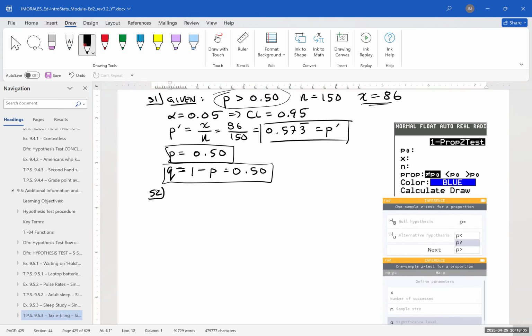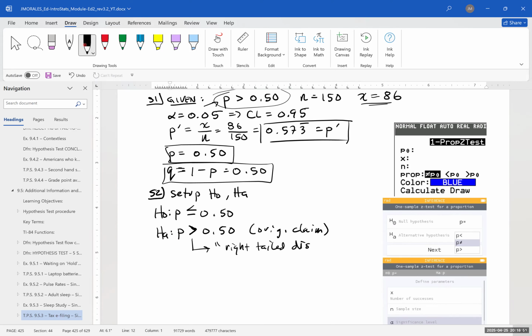So step two is to set up our null and alternate hypotheses. So we have our original claim of p greater than 0.50, and I forgot to write it above, so I'm going to make sure I don't forget to write it now. And what is the complement of greater than? It's less than or equal to. And because we've got equal to, that's going to be our null hypothesis, and our alternate hypothesis will be the other one. And because the alternate hypothesis looks like an arrow going to the right, this is going to be a